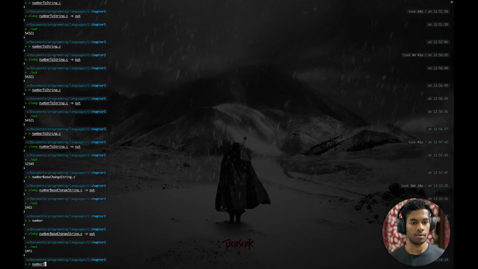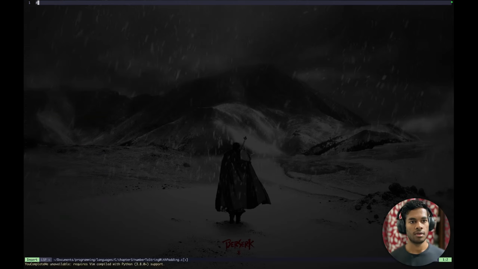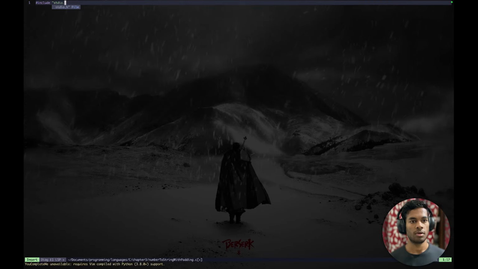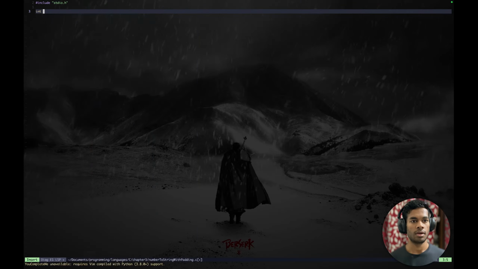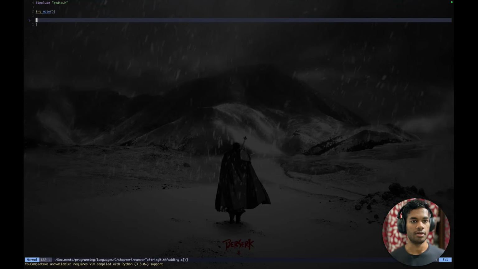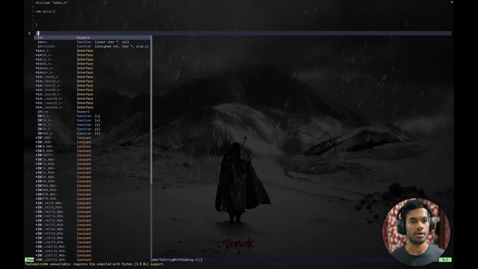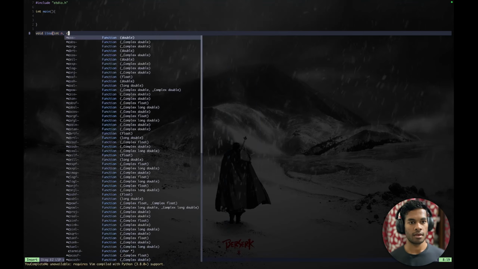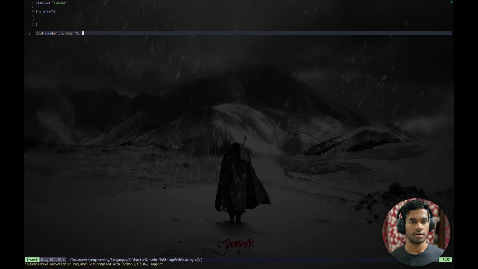Number to string with padding dot c, include stdio.h, int main, and in here nothing goes out of here. Void integer to ASCII, integer n, character pointer s, and